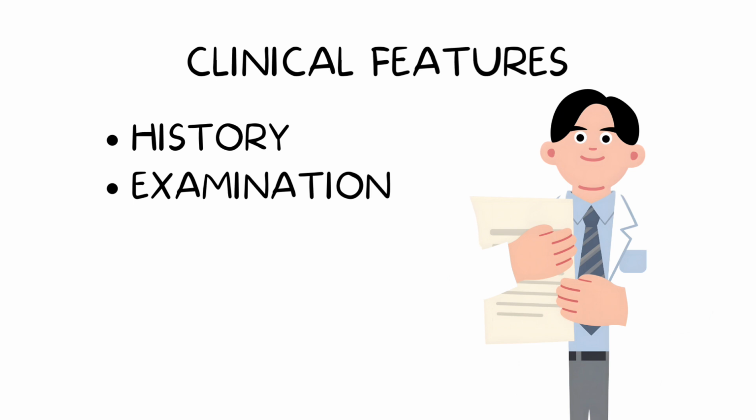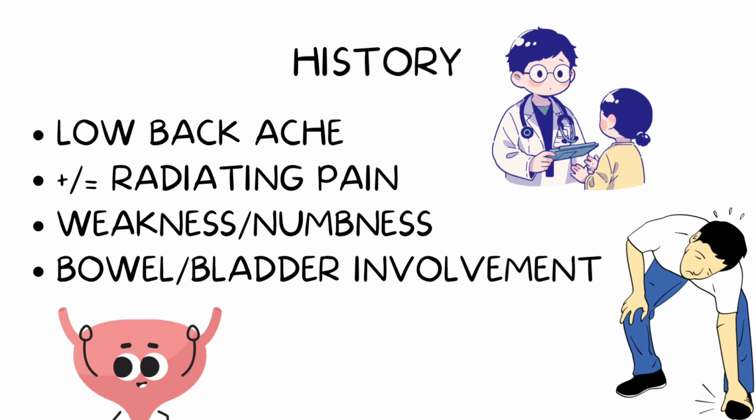Clinical features now. We gotta ask history and examine the patient. Patients generally present with lower backache, which may or may not be accompanied by radiating pain to the lower limb. There may be weakness or numbness of the lower limb if there is compression of nerve roots. In case of involvement of the cauda equina or conus medullaris, there is bowel and bladder involvement in the form of urinary